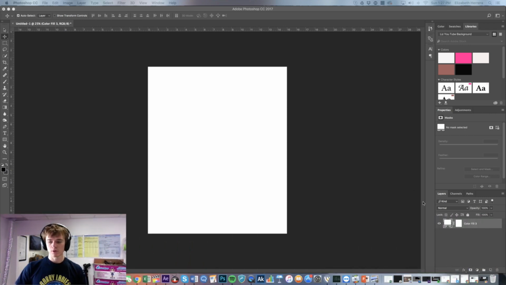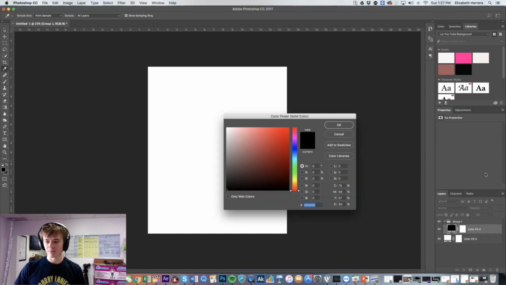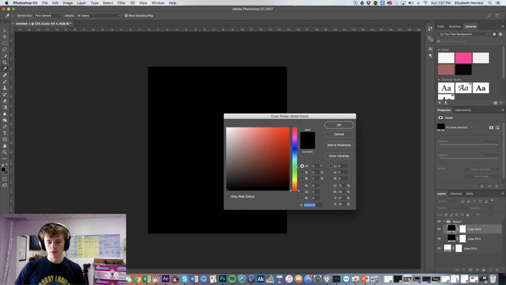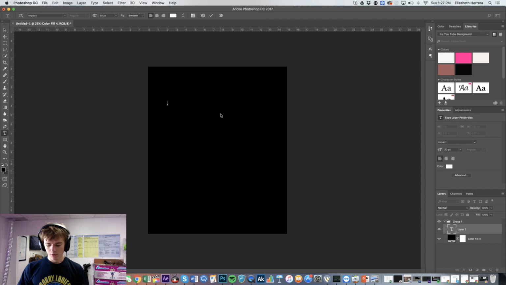So what we're going to do here is, since we're going to be doing white text, I want a solid background, and I want a solid black background. So how I just got this is I went down to this circle, then I hit solid color, and then I chose a color. I'm going to delete the white because we don't need it. I'm going to hit this T and make sure your color is white from the color picker up here. What I'm going to do is type class of,